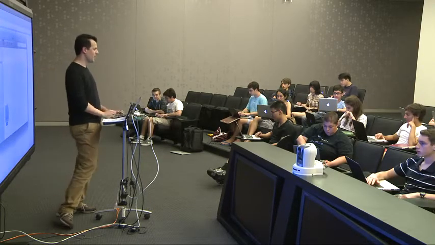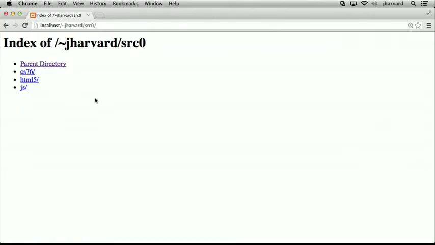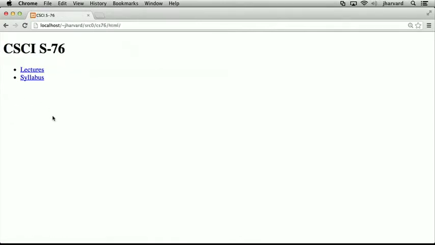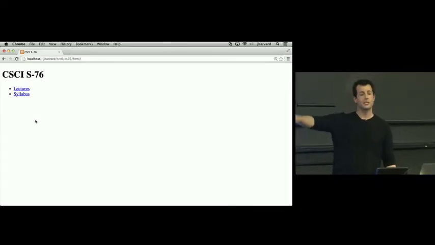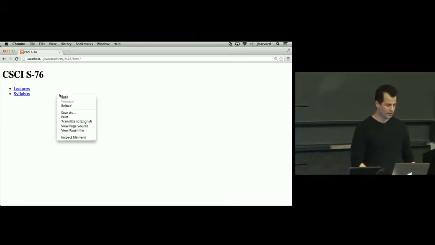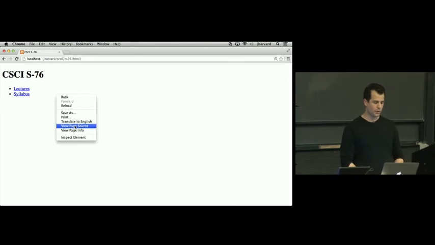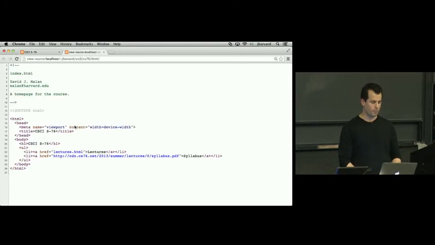Other questions? All right. OK, so let me do this. In our source 0, whether or not you're using XAMPP or just following along visually or using whatever other web server you prefer to run on your own laptop, I'm going to go into my CS76 directory, and I'm going to go to the HTML directory, where here I see, albeit in a desktop browser, the exact same poorly designed website that we saw a moment ago in that screenshot of an iPhone. And indeed, if I right-click on here and choose View Page Source, or Control-click on your white background,